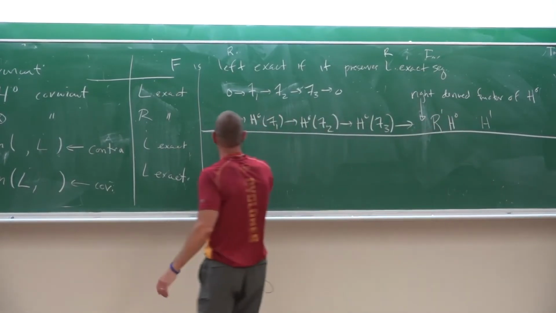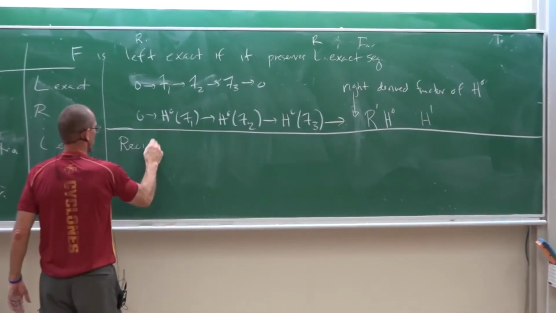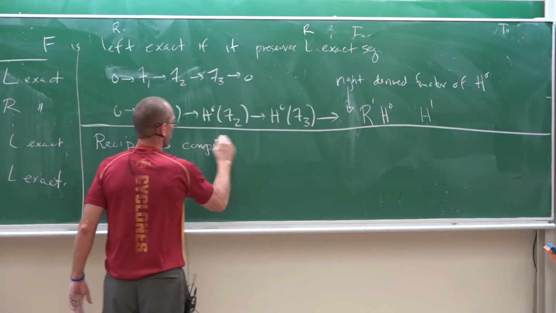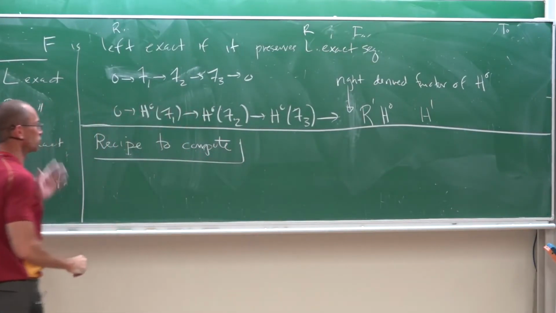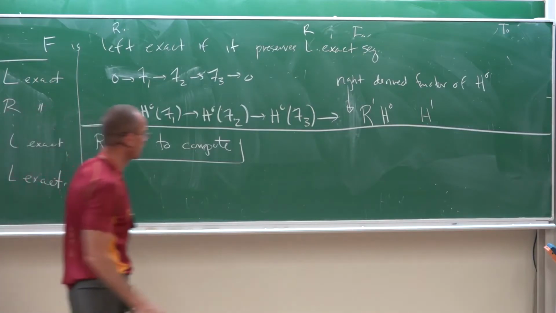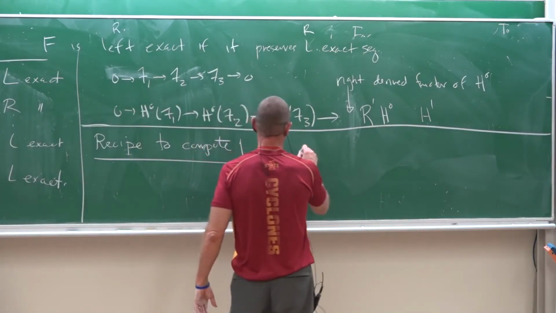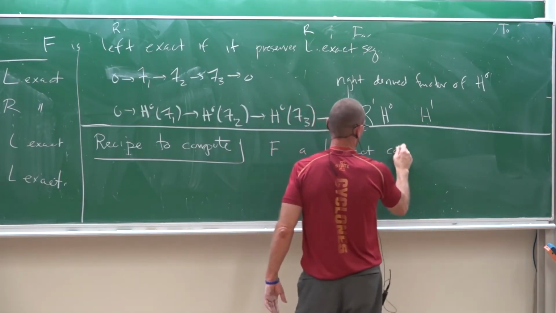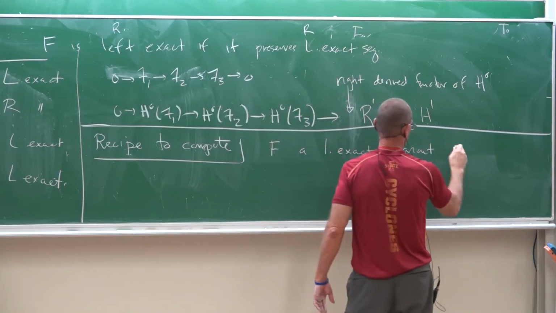So the recipe to compute, and I'm only going to do it for the one that's germane to us, which is sheaf homology, which is left exact and covariant. But there's a little 2x2 table, left or right exact, covariant or contravariant, that says what kinds of resolutions you need to take. So here's the recipe to compute. If I have F, a left exact, covariant functor,